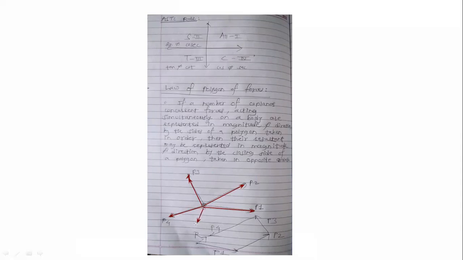Now, you can also have the P5 force. Okay, you can have n number of forces here emerging from the same point or meeting at the same point. Remember this thing. Means what? All these forces should be concurrent to each other. Coplanar and concurrent forces in the same plane and emerging or meeting at the same point.